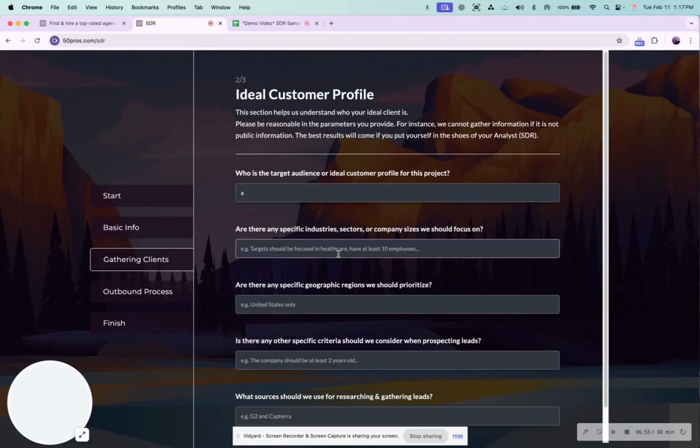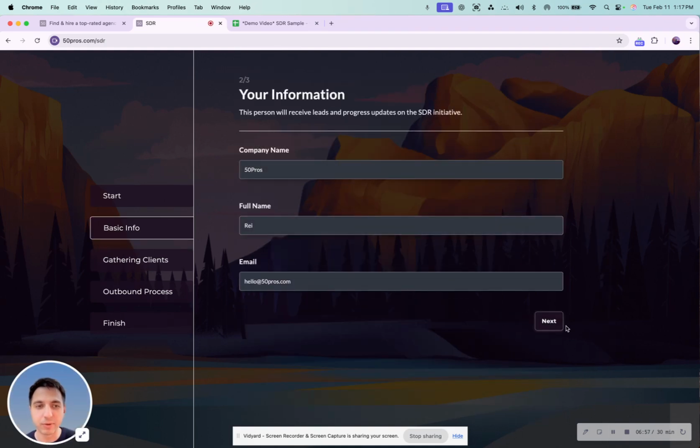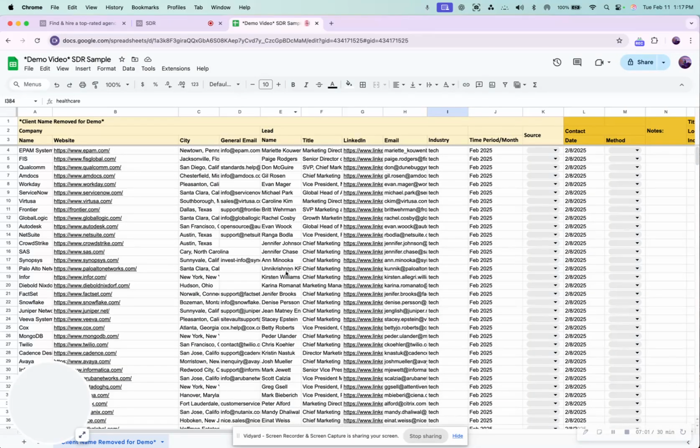If you're an agency on 50 pros, definitely don't miss this opportunity to fill out this form. I think it's really helpful. Again, it helps us understand who your ideal client is. We'll gather the spreadsheet for you. You'll have a dedicated analyst and account manager to work with you on this whole thing to oversee your success. And you're going to have visibility into